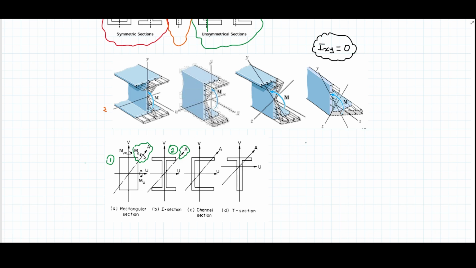For example, for cases 1 and 2, I'm going to write it here. You're going to have that the stress, because we want to know the stress, is going to be what? Well, if I have a moment MA applied unsymmetrically, this stress can be calculated from the decomposition of that moment MA. From the moment MA, I can have a moment MU and a moment MV. So I use those two parts here,